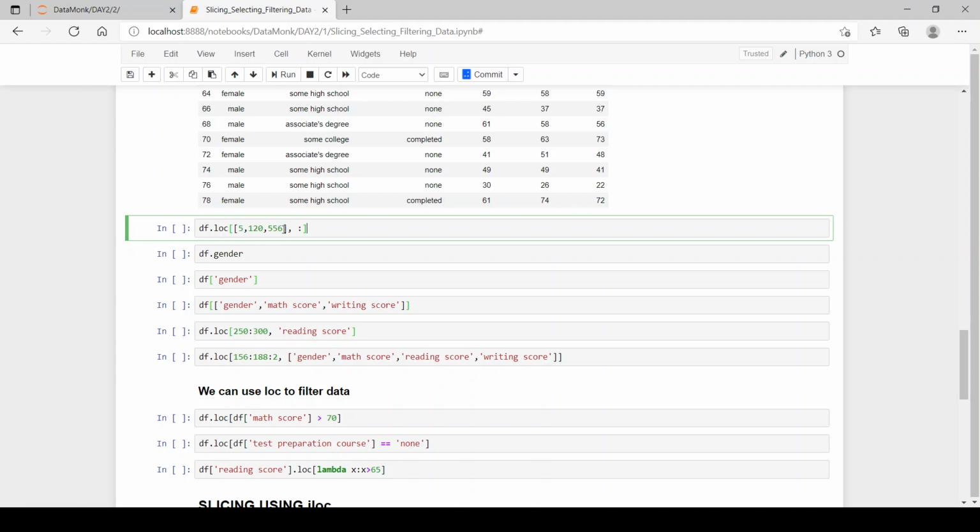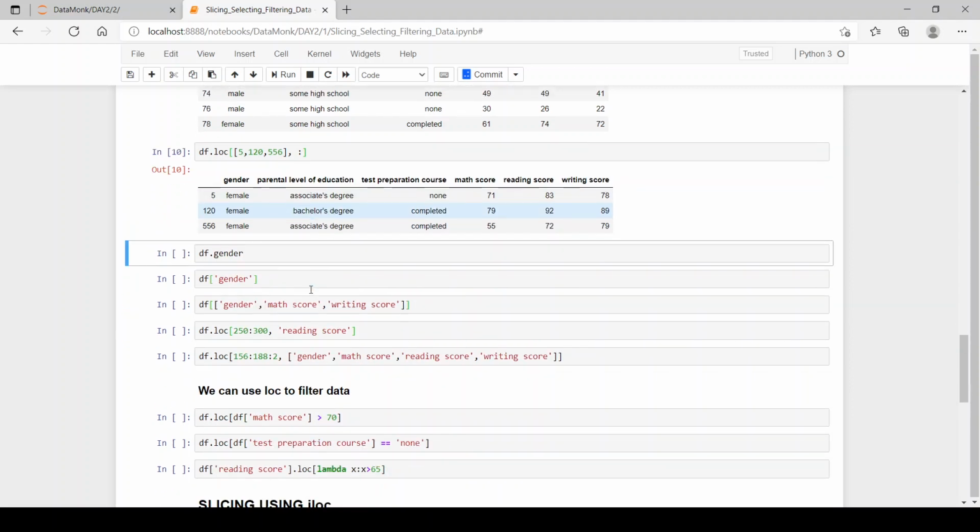Now if you have to print specific rows, you have to pass the list of rows and then specify which columns you want. So here we need all columns and only 3 rows. So we have 3 rows and 6 columns over here.